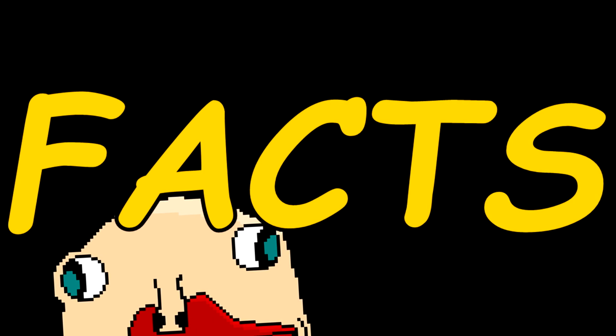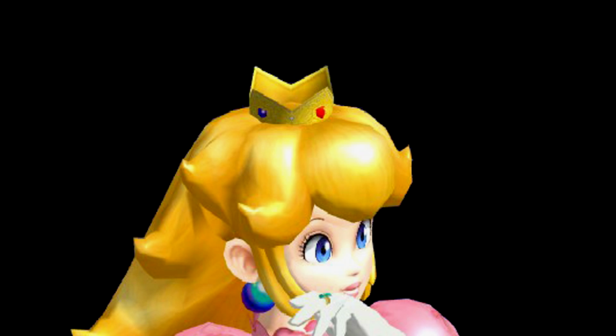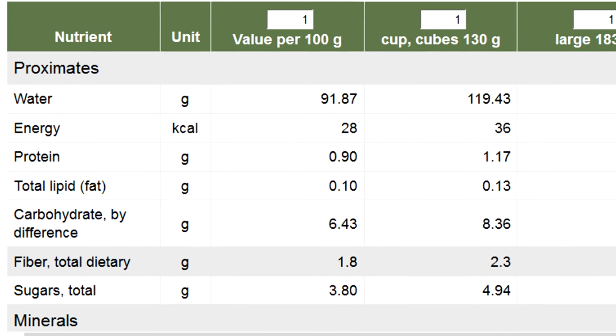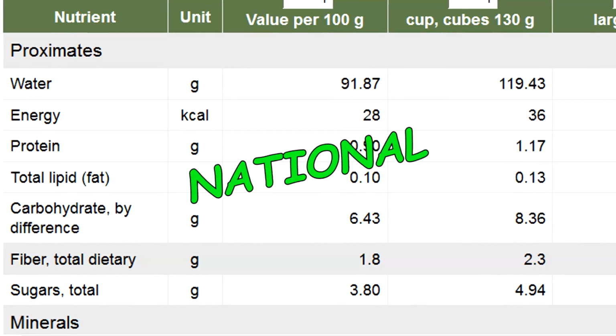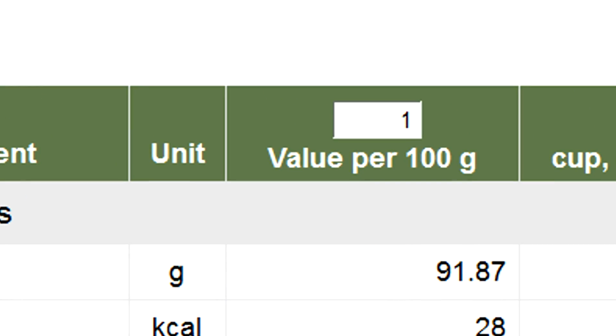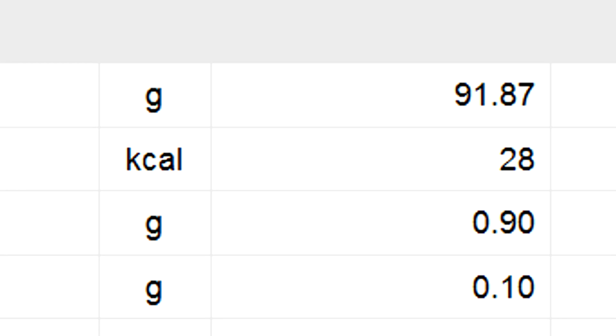But I'm not going to get sidetracked here. You came to this video for the facts, not some dumb trivia. We may have found the mass of one turnip, but our journey has only just begun. The way forward is to scour the World Wide Web for the caloric density of turnip matter, and it's right here. It's right here in the National Nutrient Database for Standard Reference, Release 28. It says here that 100 grams of turnip matter contains about 28 kilocalories of energy, so one turnip weighing 23,541